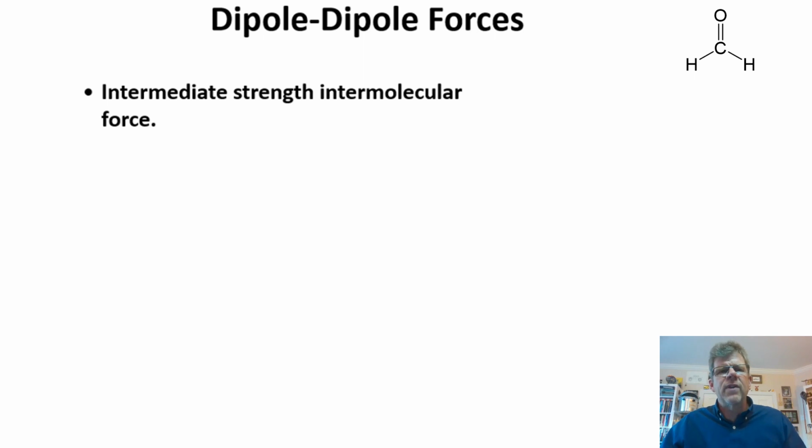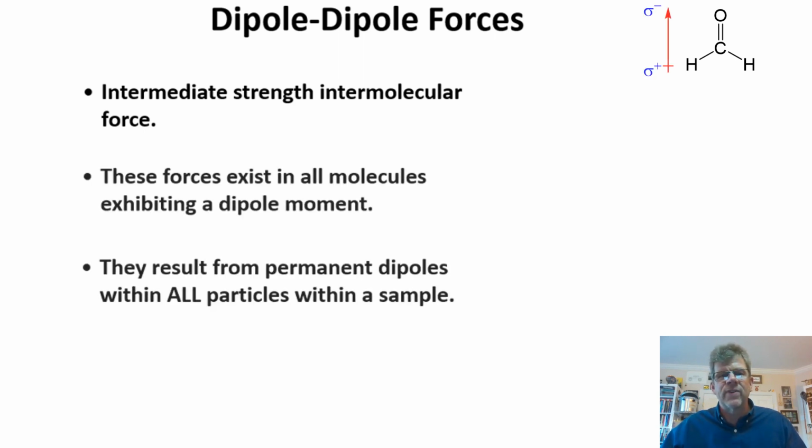Well, now we're moving on to what are called dipole-dipole forces. Now that was an intermolecular force of intermediate strength. It was greater than that of the dispersion forces, and this results from particles which have a permanent dipole